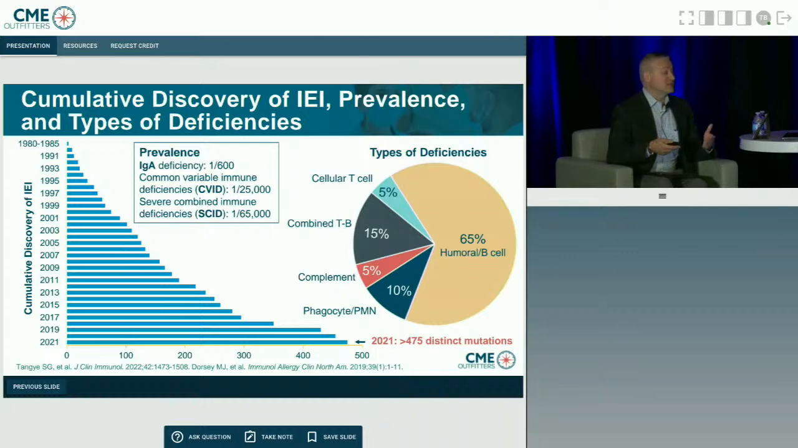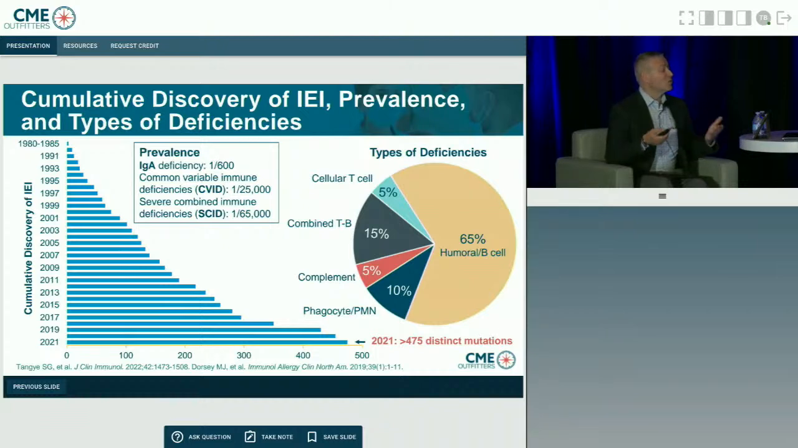Other diseases like IgA deficiency might actually occur at a much more frequent rate. For example, 1 in 600. And if you think about all the attendees at the meeting today, that means that in the group of physicians here, there's probably a significant number of people who have IgA deficiency, whether they know it or not, right? Many patients with IgA deficiency are asymptomatic and don't come to medical attention until they develop gluten sensitivity, some recurrent